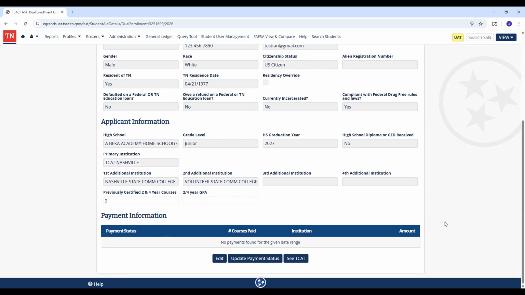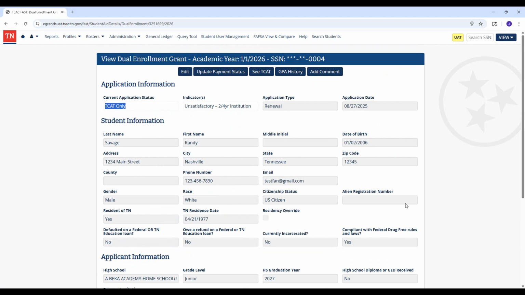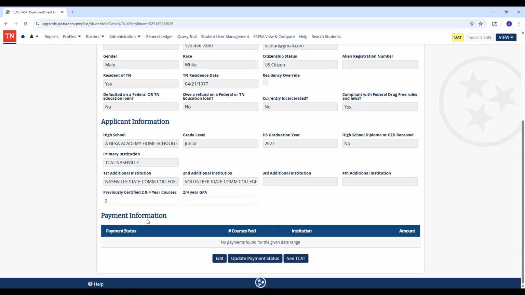So, the reason why we did this, it's easier to tell when you see a student who has multiple institutions and is eligible to receive DEG at every single one of those schools. That list gets pretty long. Also, it's a pretty large application already. We just wanted to cut down on the number of fields that are displayed